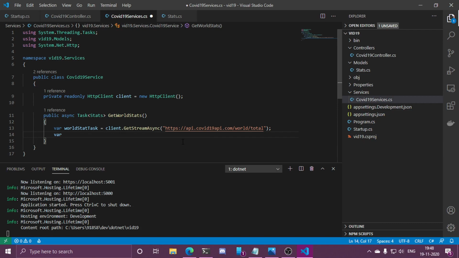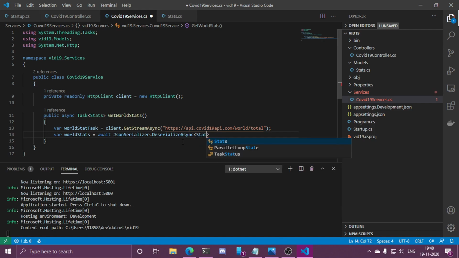To do it, we have to write var world stats and then await and create a JSON serializer dot DeserializeAsync, and then the data type of the expected data.